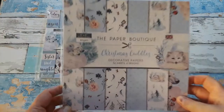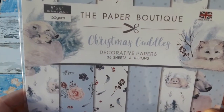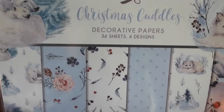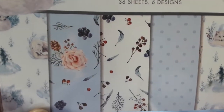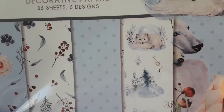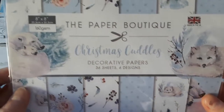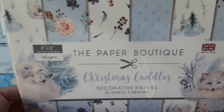Okay, so I also have what they call the Christmas Cuddles. Here we have 36 sheets of paper in 6 designs, and you can see designs right here on the front. Look how beautiful these papers are. So this is just a paper pack, so you have just papers in here, 8 by 8 beautiful background papers,